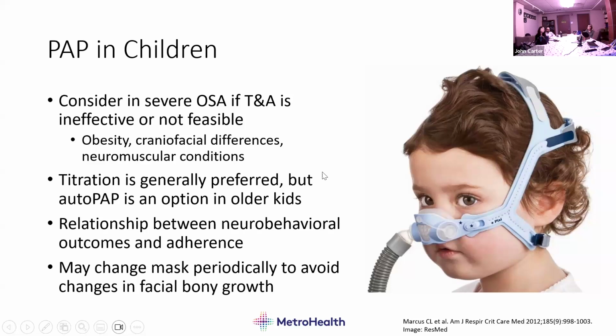In kids, you generally want to titrate them, bring them back into the sleep lab, do a CPAP titration, although there's mounting evidence that at least in older kids who are developmentally typical, an auto-adjusting CPAP is perfectly appropriate. And actually, titration studies tended to overestimate the pressure requirements compared to auto-PAP in those kids. So in my own practice, 12-year-old, small tonsils, BMI's 90th percentile, there's a good chance I'm just going to recommend PAP for them if they're symptomatic enough. Different story in a young kid. Still going to try and get those tonsils out first, but if they're still symptomatic, we might think about PAP therapy.